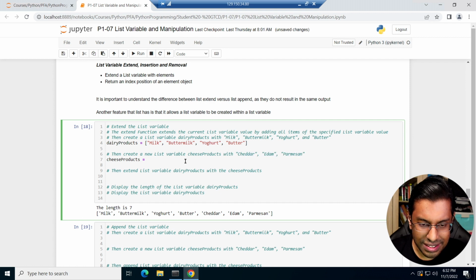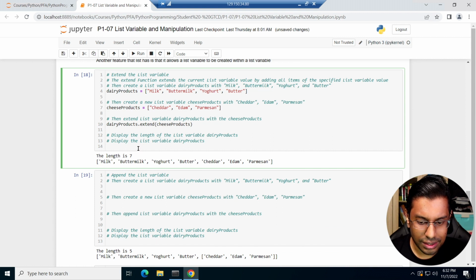So let's see what list extend and list append do differently. So extend the list variable dairy products with cheese products: dairy products dot extend cheese products,